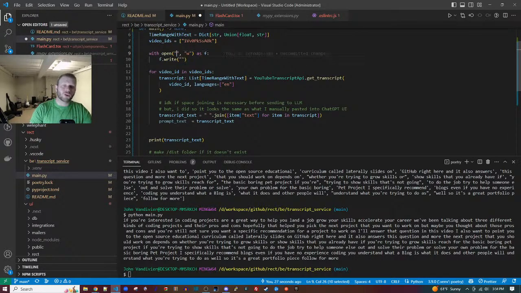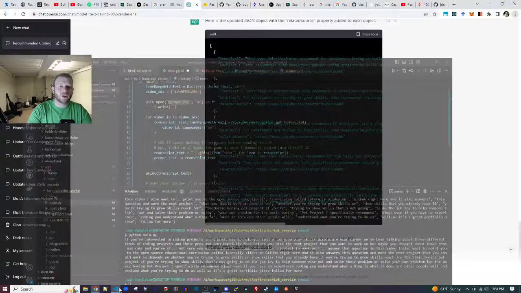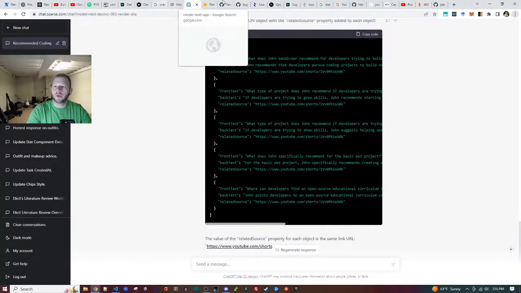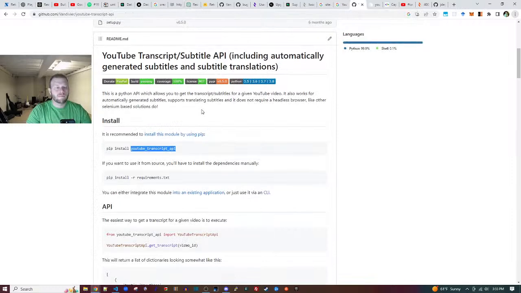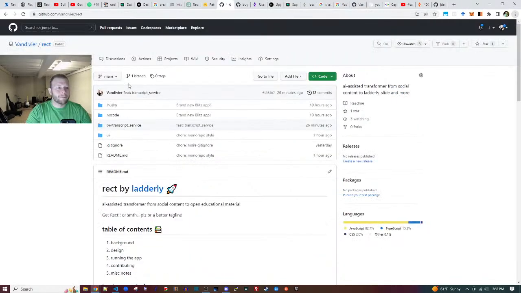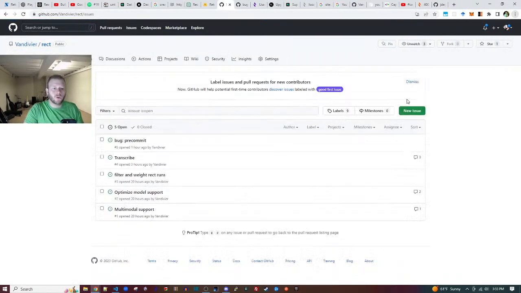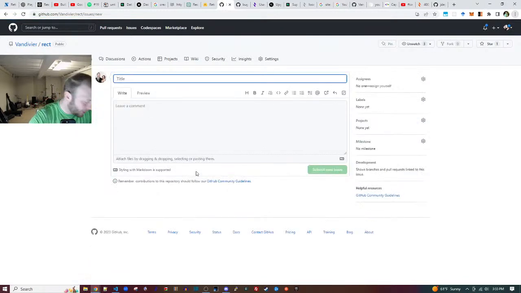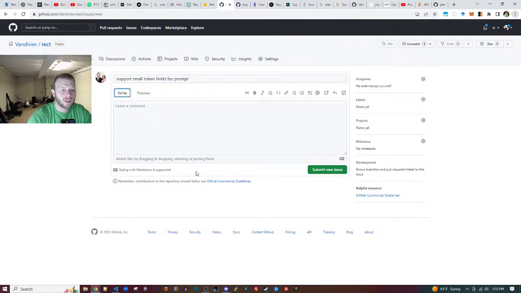So I'm going to assume that this is small. In the real world, if my prompt is big, I will break the token limit. But we can deal with that later. So this will be support small token limits for prompt.